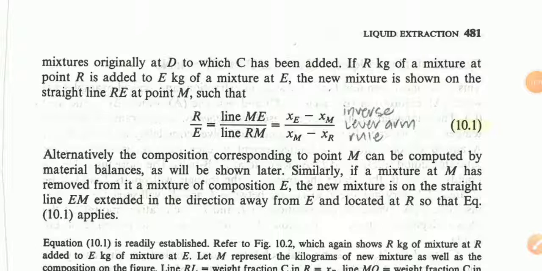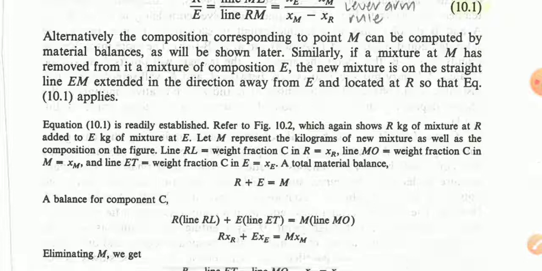Now, a mixture originally at D to which C has been added. If R kg of a mixture at point R is added to E kg of a mixture at E, the new mixture is shown on the straight line RE at a point M such that R by E is equal to line ME by line RM, which is equal to XE minus XM by XM minus XR. Alternatively, the compositions corresponding to the point M can be computed by material balance, as will be shown